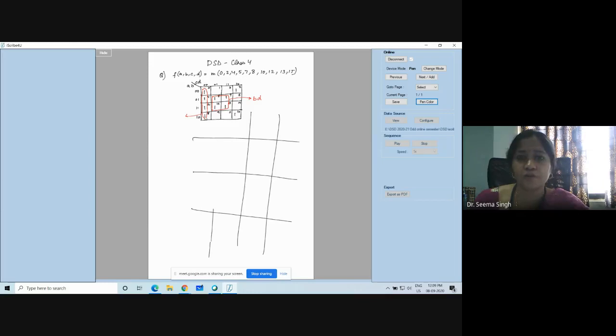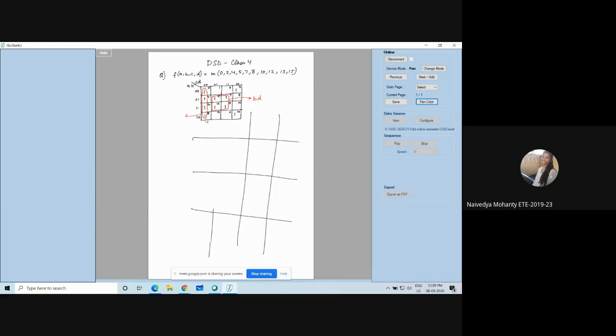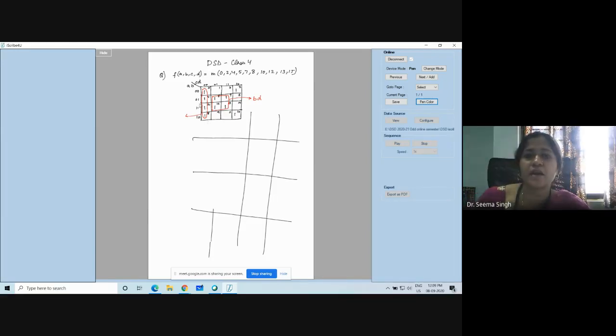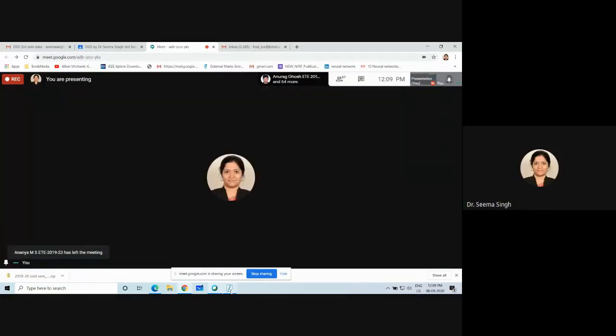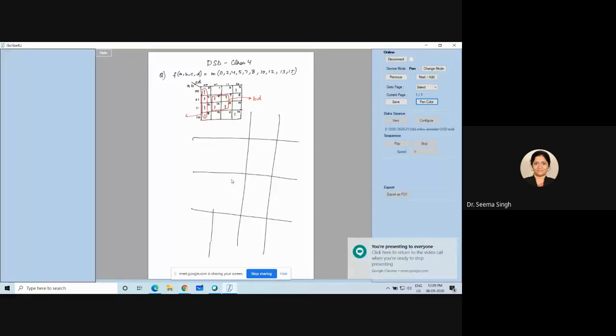What about this column group? C bar, D bar. Yesterday in the class I said that for a column group, all the row variables can be dropped, because 0, 0, 0, 1, 1, 1, 1, 0, all the row variables will change, right? All the row variables can be dropped, and you are left with C bar D bar. So this second group gives me C bar D bar. This is what we did in the last class.